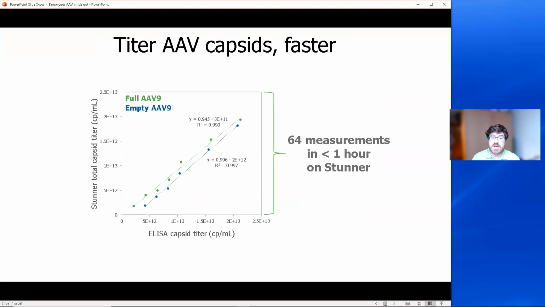For getting a capsid titer, Stunner is way faster and requires less upfront work than ELISAs. Here we've taken full or empty AAV9 and ran a dilution series where we've compared Stunner's total capsid titer metric against the results for a capsid ELISA. The results have slopes close to 1 and R-squared values above 0.99. And importantly, it would take hours to get this ELISA data, while Stunner's done it in less than an hour